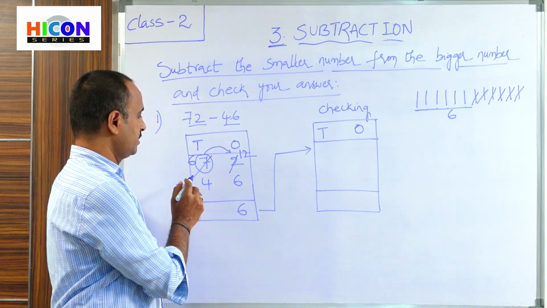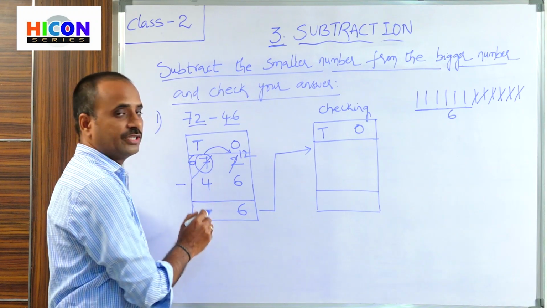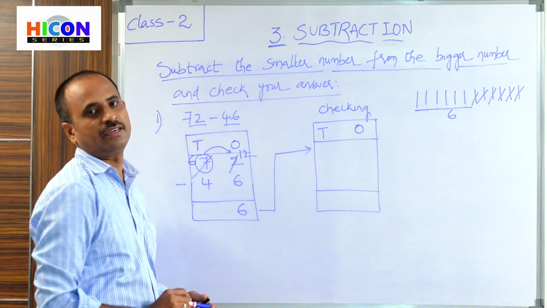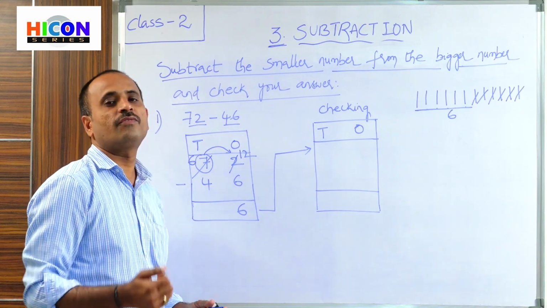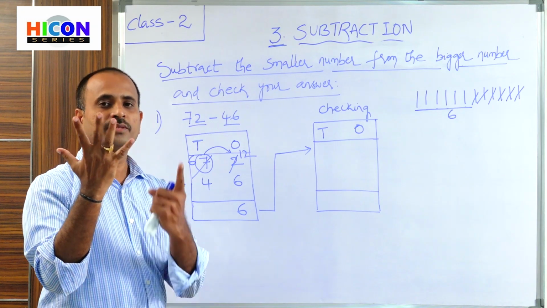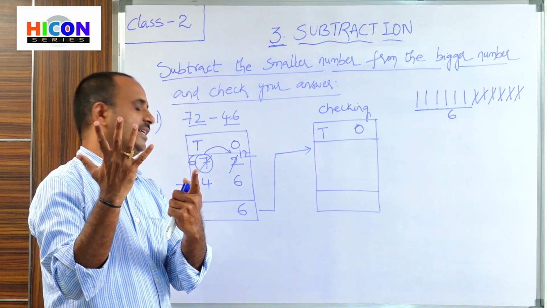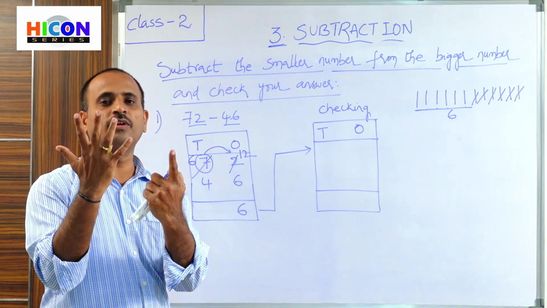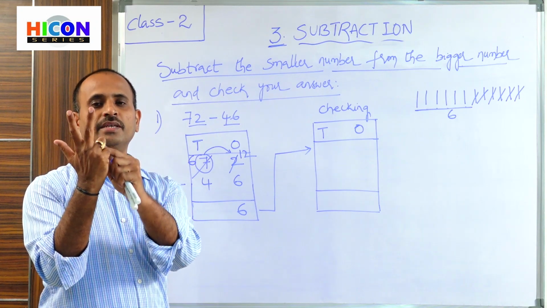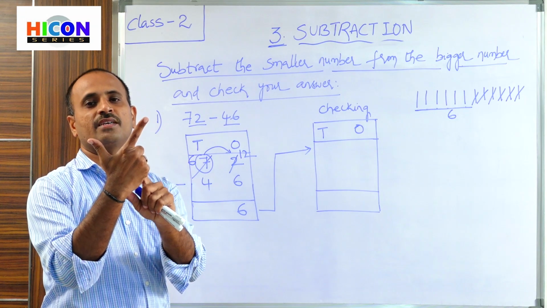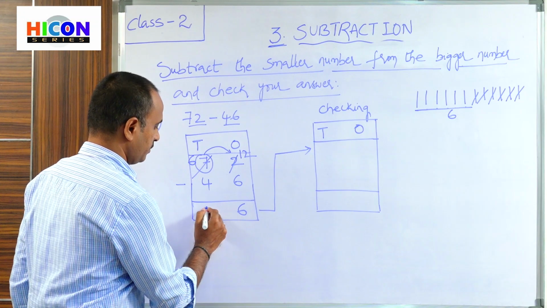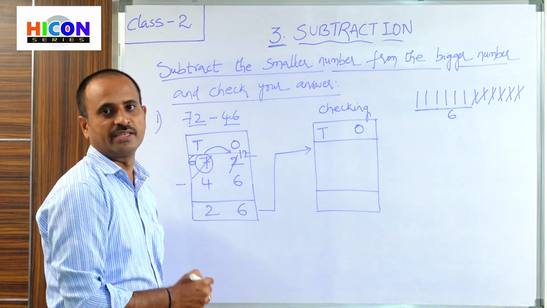Now go to the tens place. So there are 6 and 4 present in the tens place. So 6 is the first digit and 4 is the second digit. Open 6 fingers of your hand. 1, 2, 3, 4, 5, 6. So what is the second digit in the tens place? 4. So close 4 fingers in these 6 fingers. 1, 2, 3, 4. Children, how many fingers are left? 1, 2. So 2 fingers are left. The answer is 2. So the difference is 26.